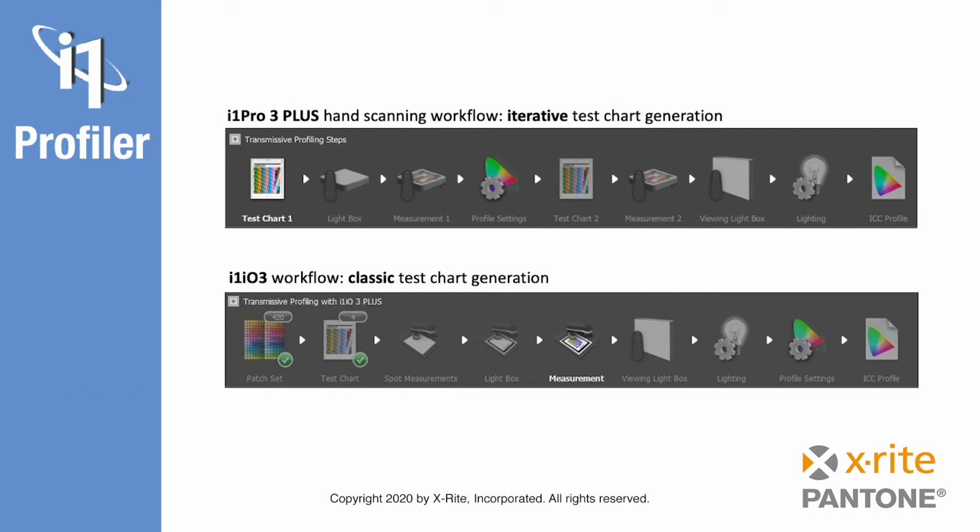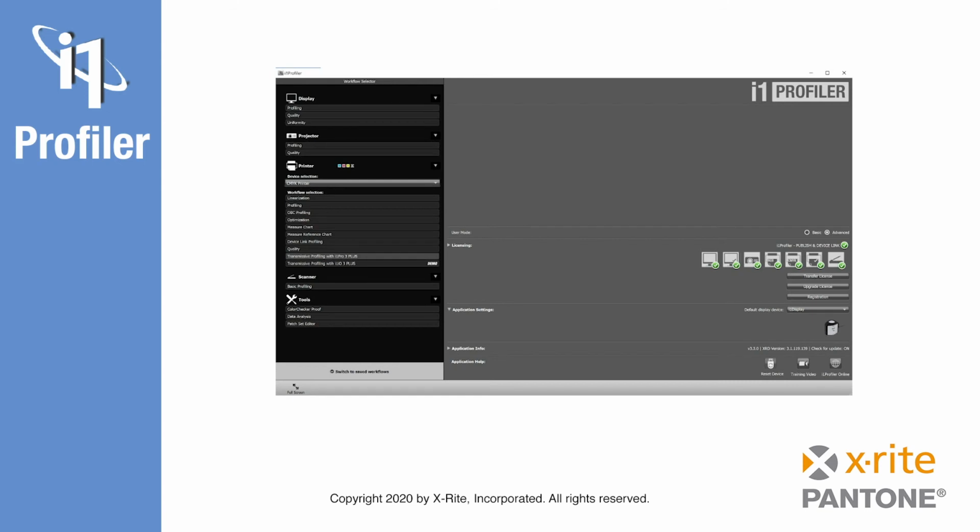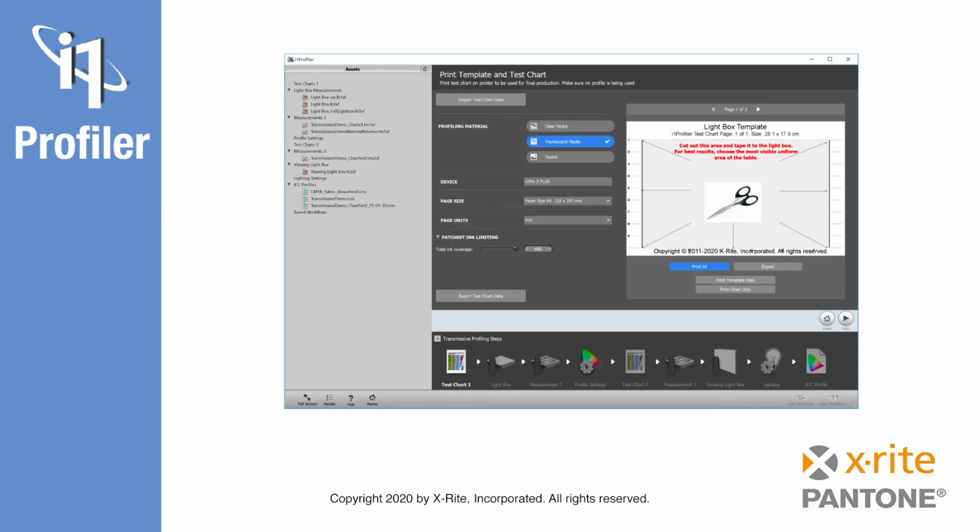Let's take a quick look at transmissive profiling with an i1Pro3 Plus for a CMYK printing system. From the i1Profiler home screen, we select CMYK printer and then transmissive profiling with i1Pro3 Plus. The first step, Test Chart 1, guides you to create, save, and print your first test chart as well as